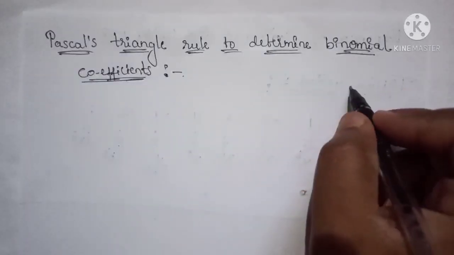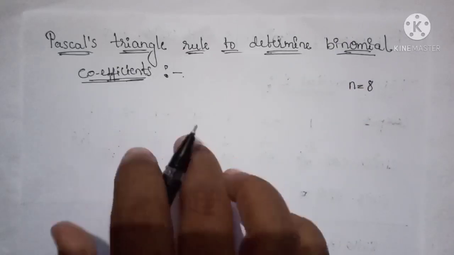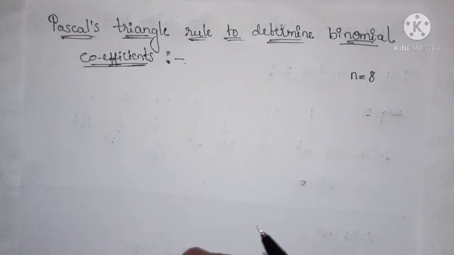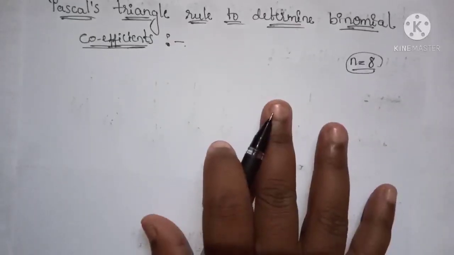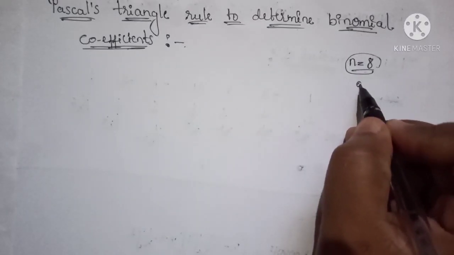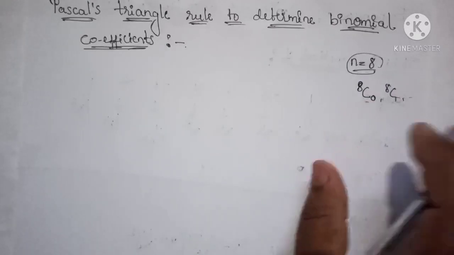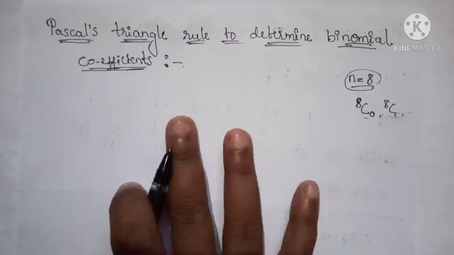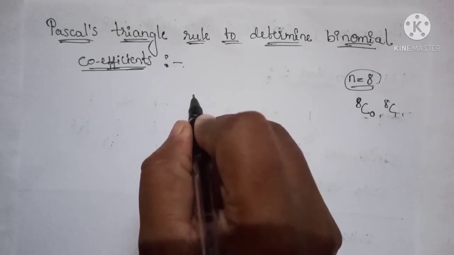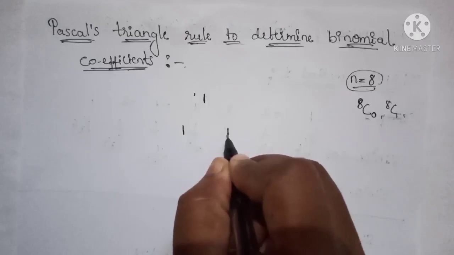By this Pascal triangle rule you can get the binomial coefficient of any degree. For example, if n is equal to 8, then using this expansion you can get n equal to 1, 2, 3, up to whatever you want, any degree. So you can directly get this. So nC0 means, with n equal to 8, 8C0, like this 8C1, 8C2. For all coefficients you can get this by the Pascal triangle rule. First let us create a triangle by using ones.